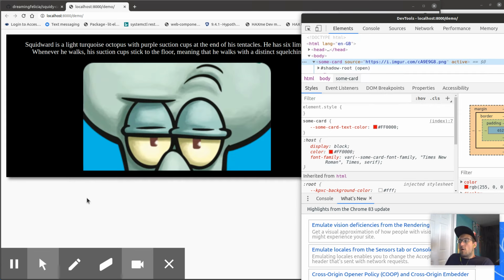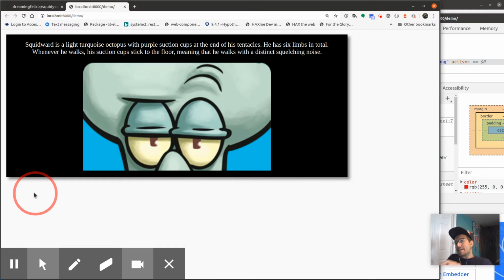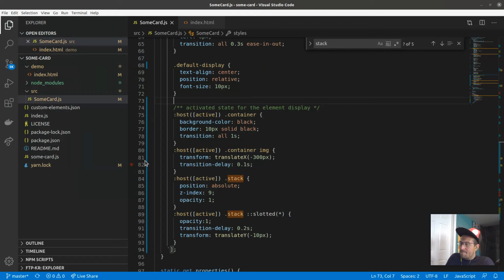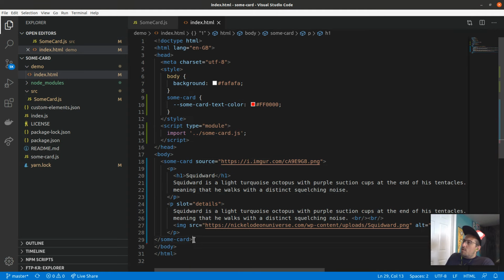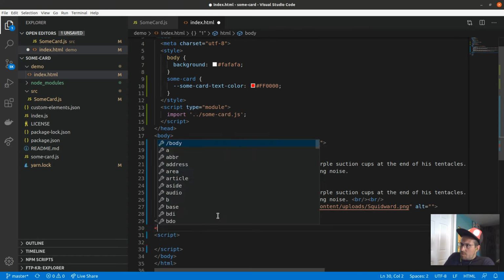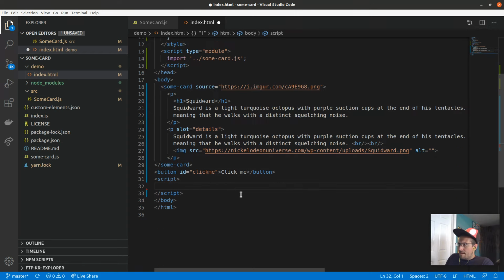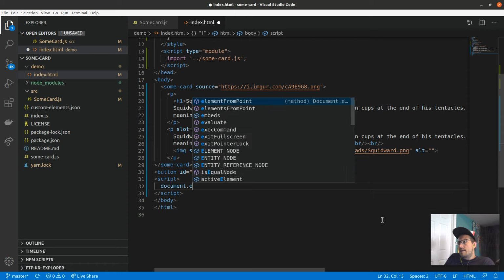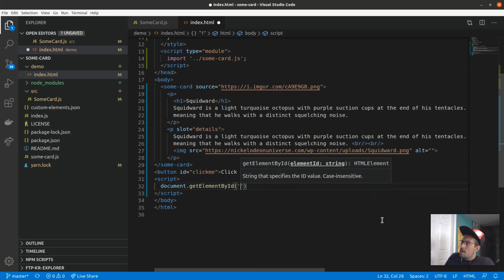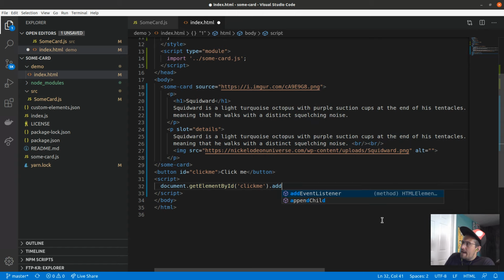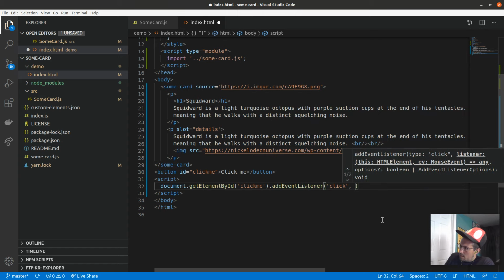So again, now this is something I could pair to a button. I could click the button and it could trigger the active state. So let's do that before we do the other thing. So what that would look like in some just vanilla JavaScript, and it's easy enough to throw something like this on the page, is maybe we would have a button and it'd be ID equals me, and then it would say click me. And what we would then do is say document.getElementById, click me, addEventListener, click, and then we do, whoops,